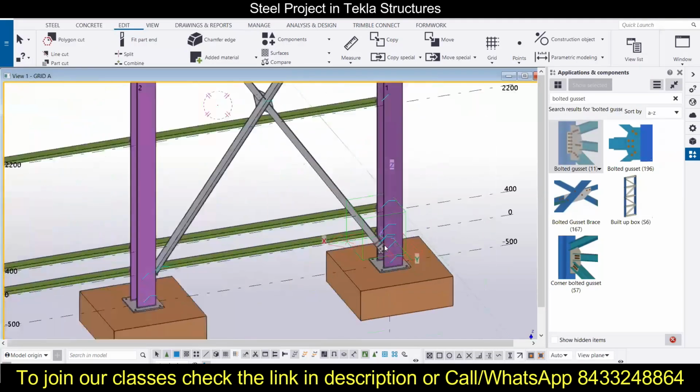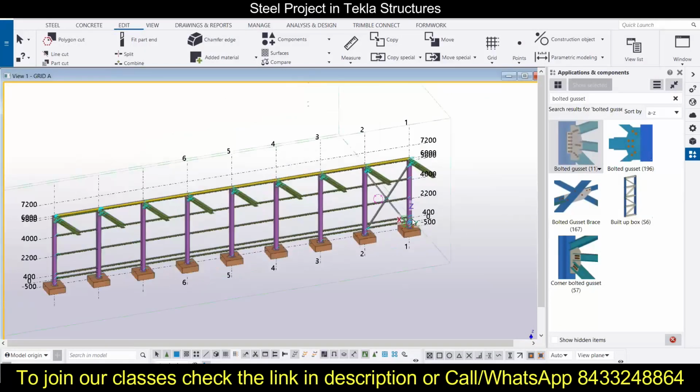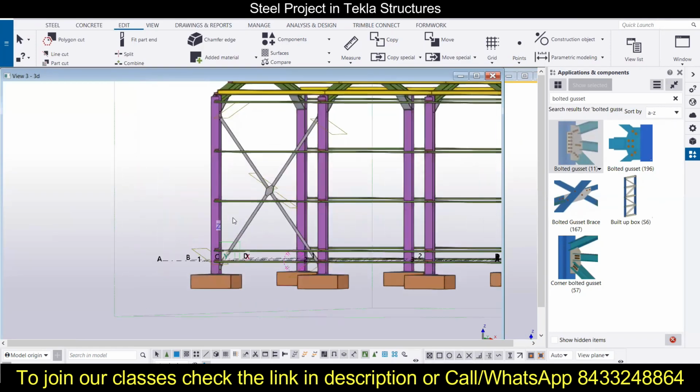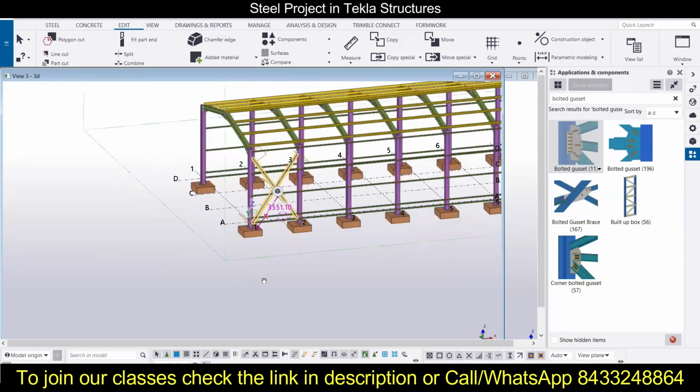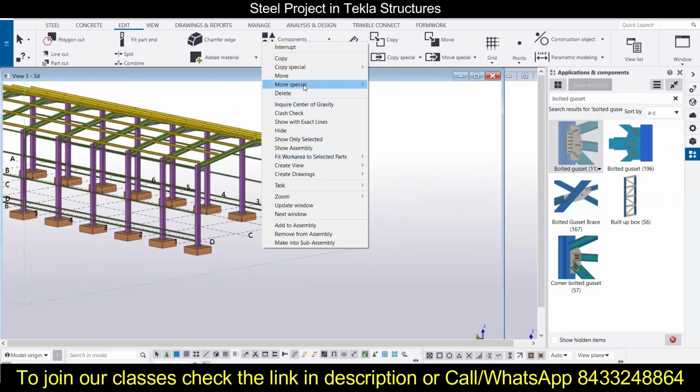Then we have these bracings added over here. Now I can go to the next view, that is the 3D view, and I can see we have the bracings present over here. So I'll press Control and then I can move it. I want to mirror it in this direction.